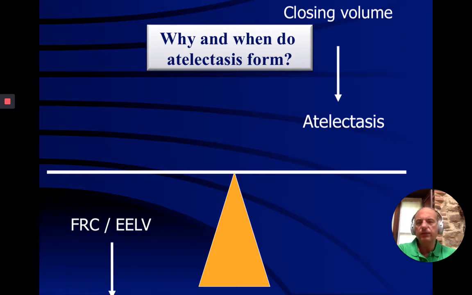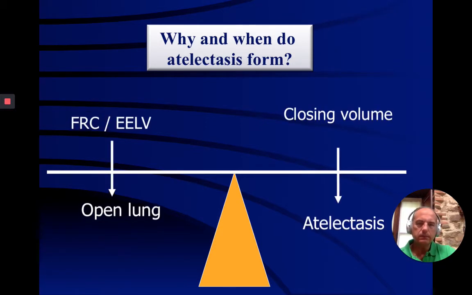In this case, functional residual capacity is not reduced, because now she doesn't have the baby inside the abdominal cavity. But the stability of the lungs has changed, and now you need more functional residual capacity, or an inspiratory lung volume, to not have atelectasis, because the closing volume has